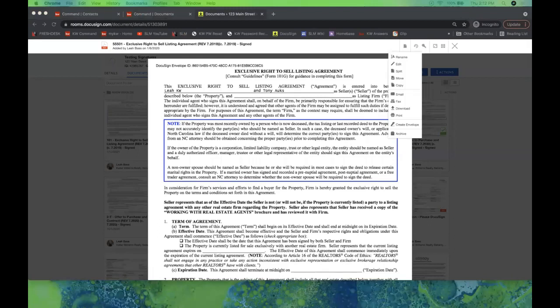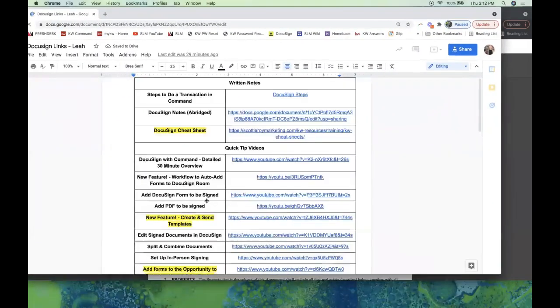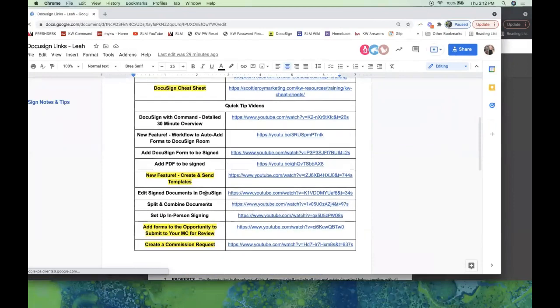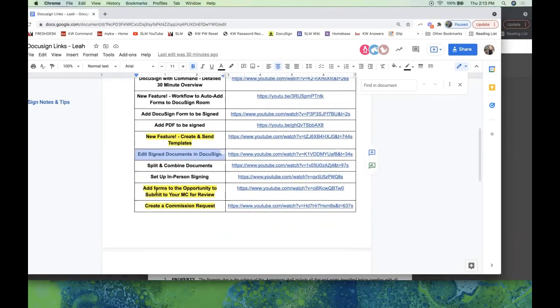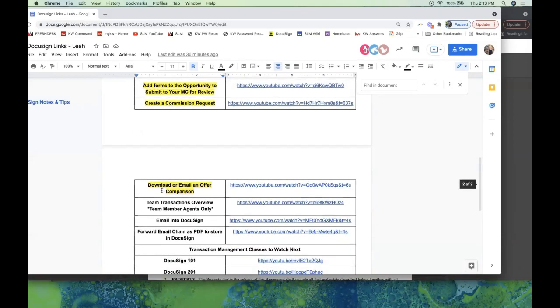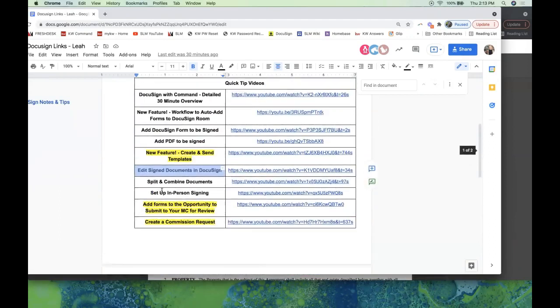But I do have, just on the notes, just so you guys know, I do have steps on how to edit signed forms in Docusign as well. So if you want to watch that after. Let's see. Yeah, here we go. Edit signed forms in Docusign. If you want to watch that after today's class to get a little more clarity on that, feel free. And again, I did highlight the classes, these are just 10-minute tip videos. I did highlight the 10-minute tip videos that I would recommend watching next, that would really expand on your knowledge